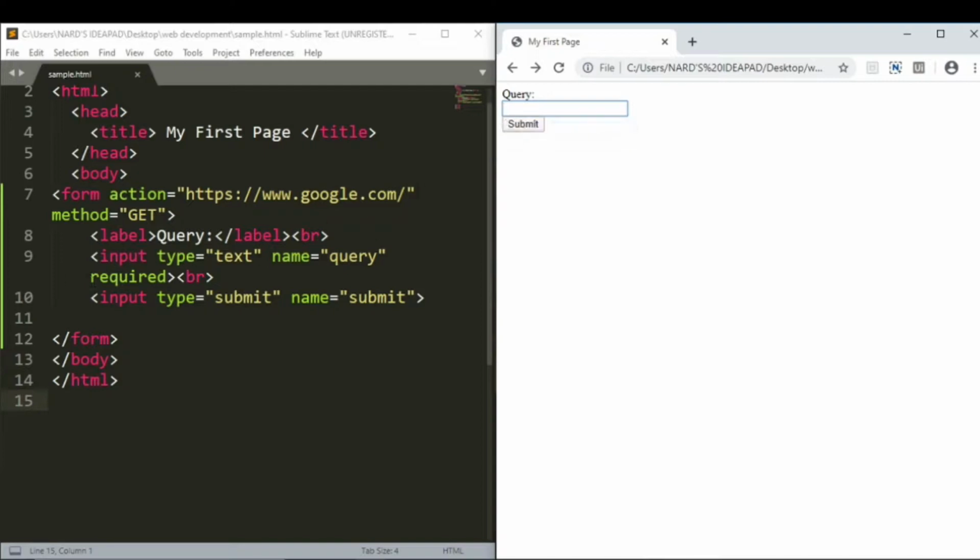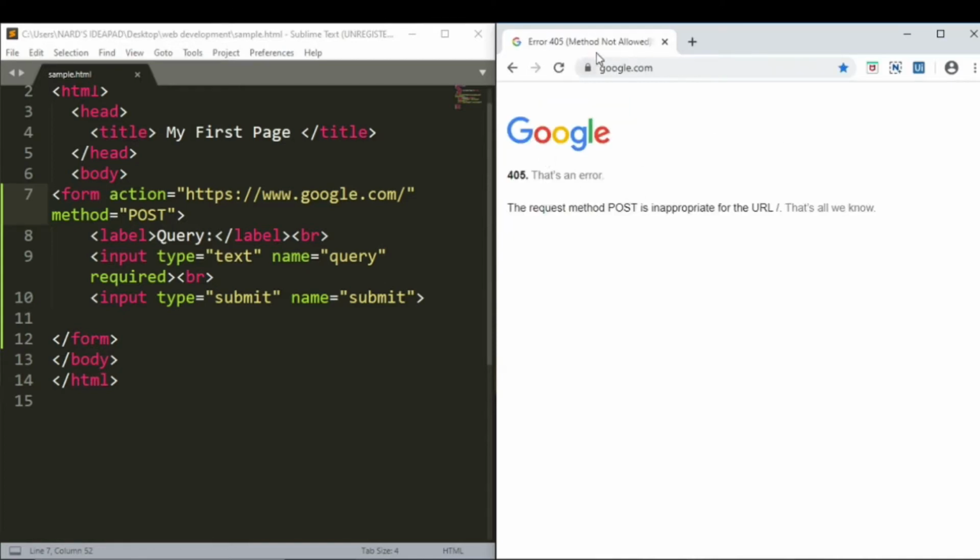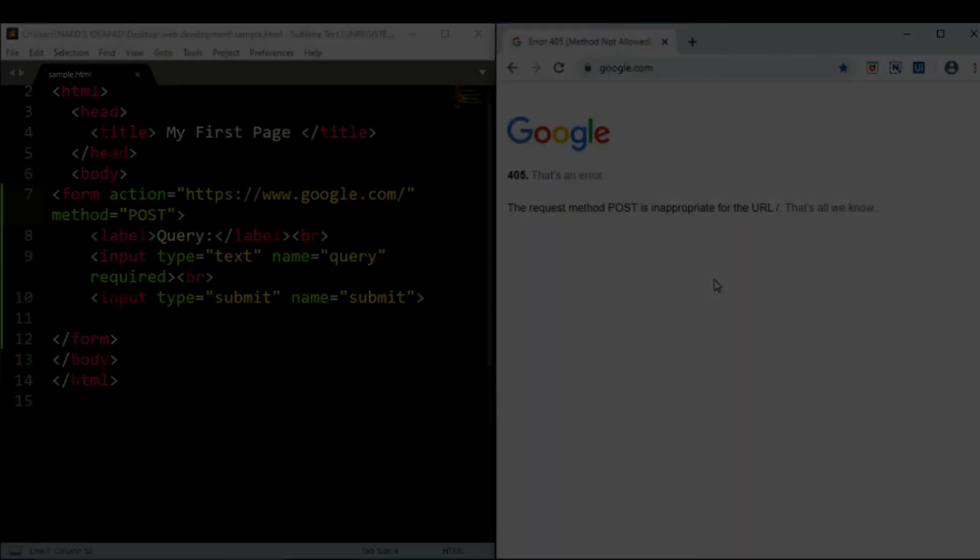And the next method is the POST method. The POST method does not display the form data in the page URL. The POST method has no size limitation and can be used to send a large amount of data. Just change the method into POST, remember it should be in capitals. See here, the form data is not visible in the URL. We will see how to handle the POST method on day 4 using PHP.